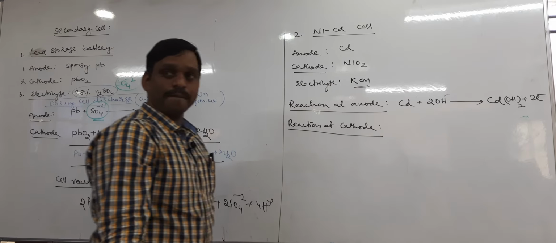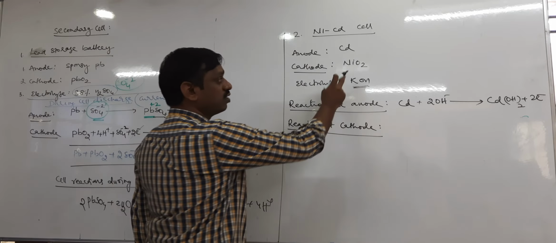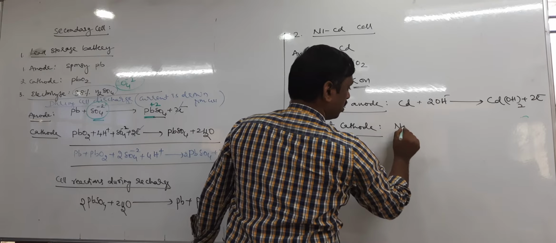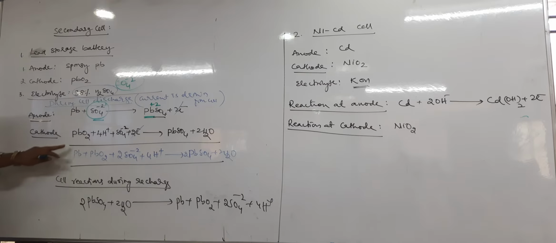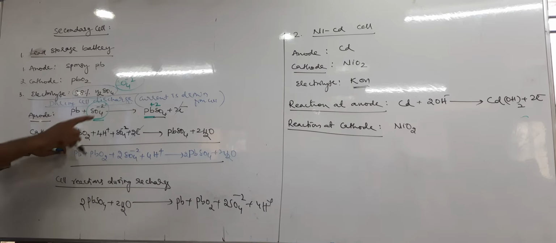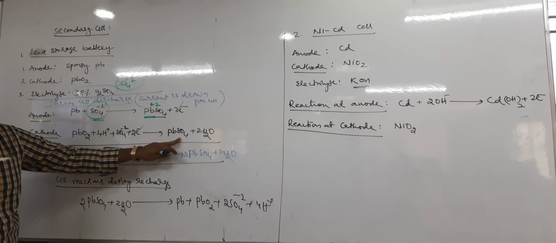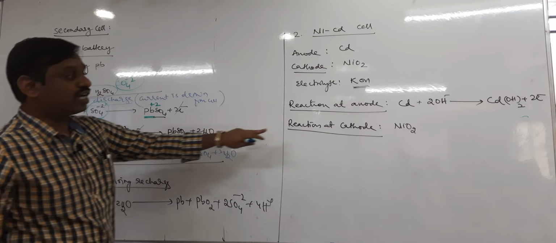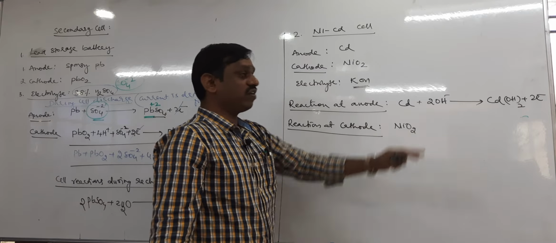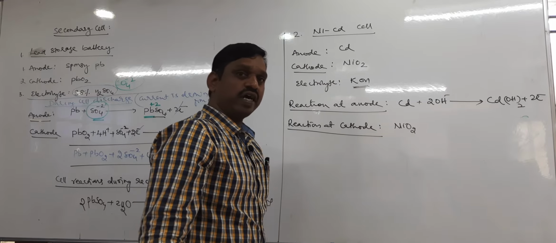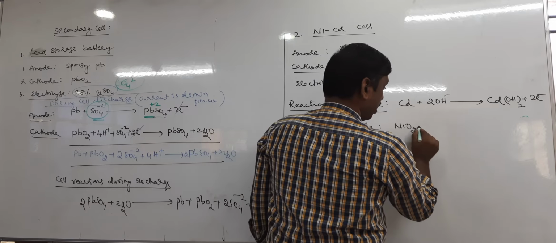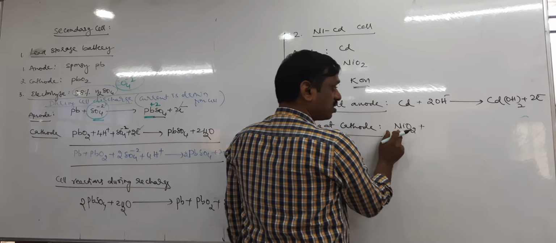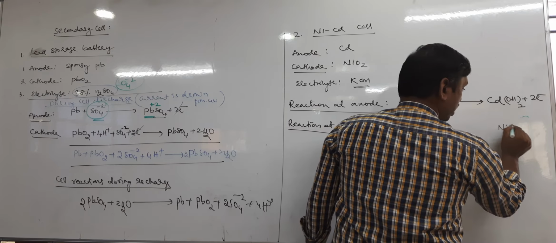So at the cathode, which is the cathode here? Nickel oxide. In case of the lead storage battery, which is the cathode? Lead oxide. Here lead oxide, there nickel oxide. Tell me, this lead oxide converts into lead sulfate. Now tell me, nickel oxide has to convert into nickel hydroxide. That's it. But here there is a gain of electron, no? Electron has to be gained. So therefore, nickel oxide has to convert into nickel hydroxide.